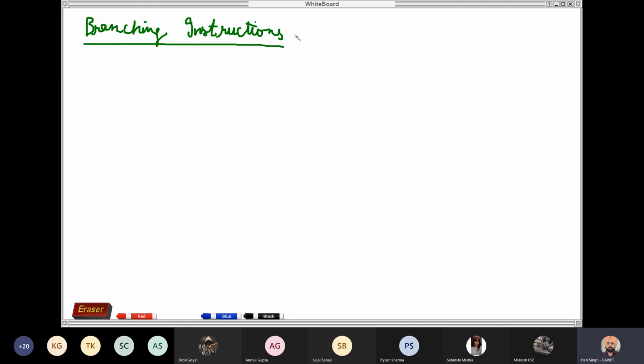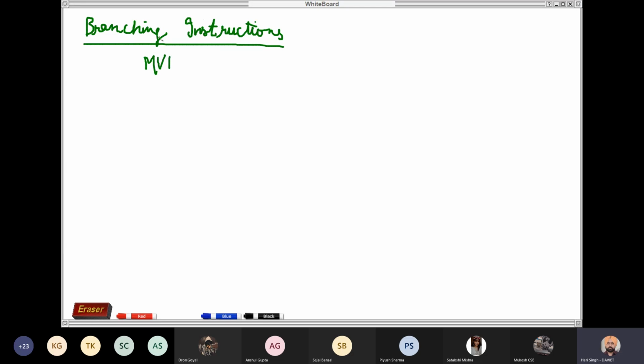So to discuss the concept, I'm going to write a program example, that is generation of a waveform, a rectangular waveform. We first write the program, then we will discuss it instruction wise.